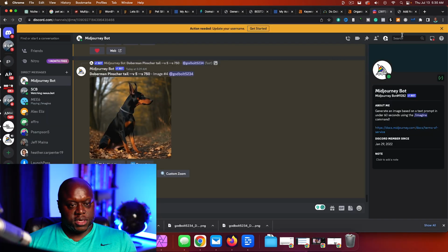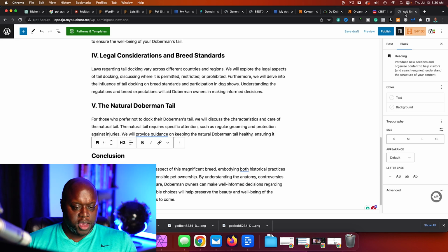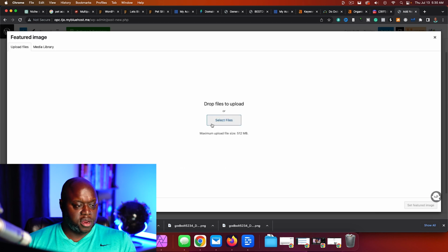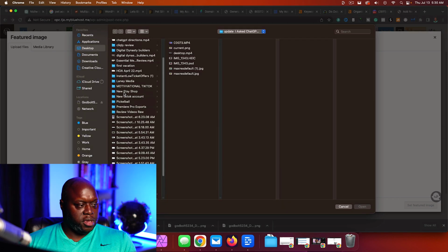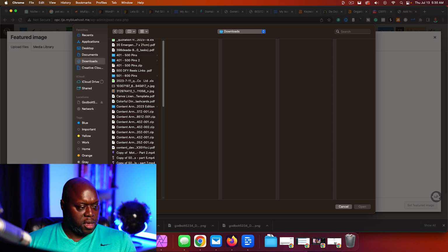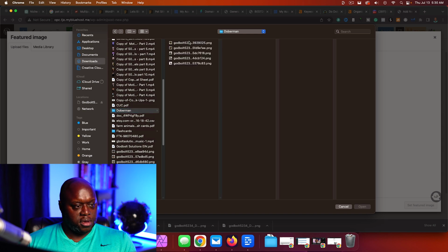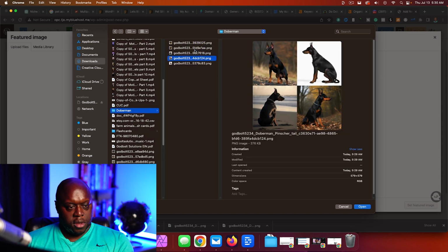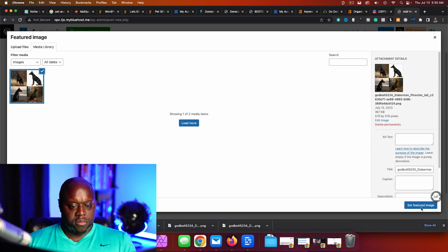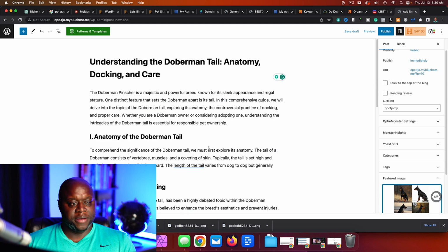All right, now that I have them all saved, I'm gonna come back over to our blog, and I am going to come to post over here on the right-hand side, select our featured image, and our featured image is going to be the image of the Doberman Pinschers that we just grabbed. So let's see, Doberman like this, grab this one, like that. And we're gonna set this as the featured image. And I'll show you what this looks like in a second. And I'm actually gonna put a link to this blog post down in the description. So I want you to take a look, tell me what you think, tell me if this makes sense.